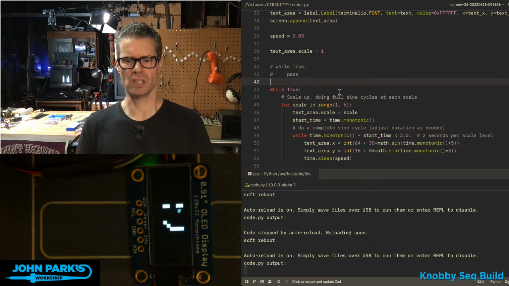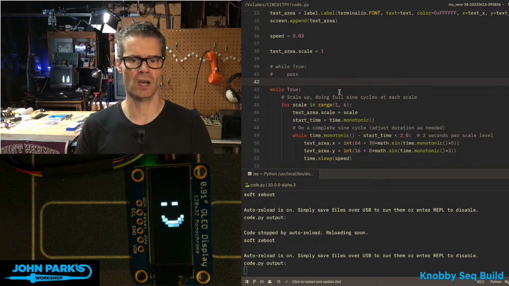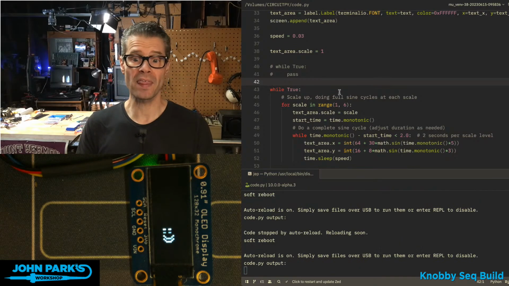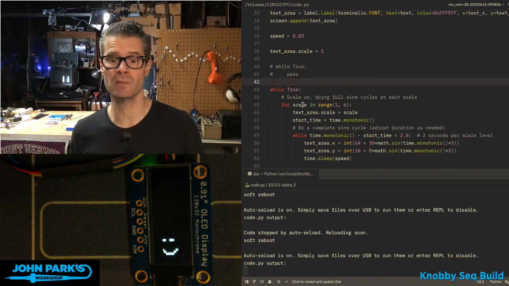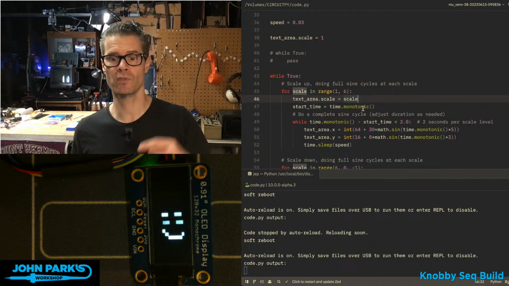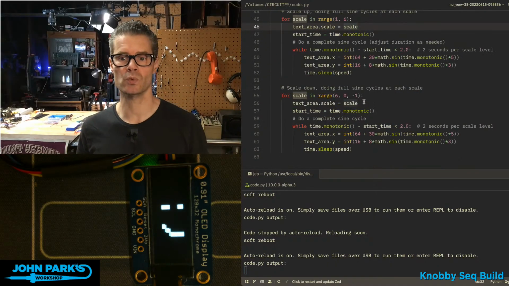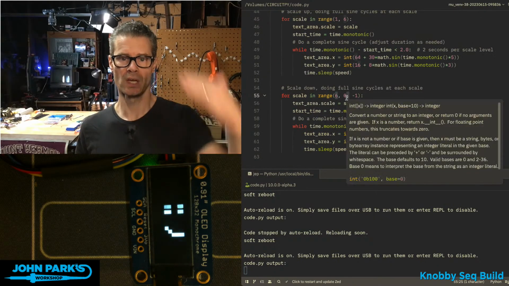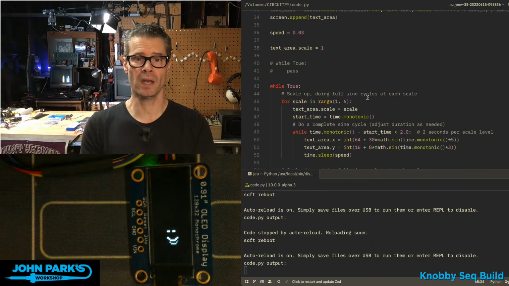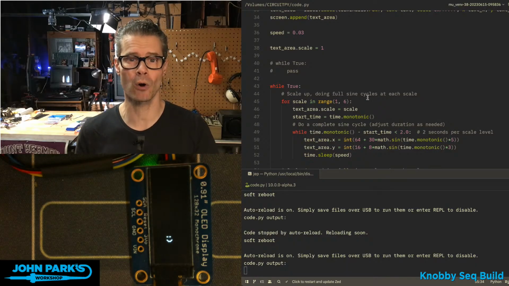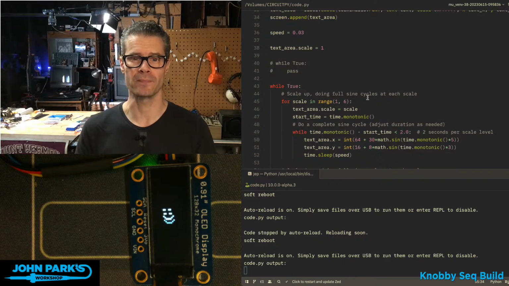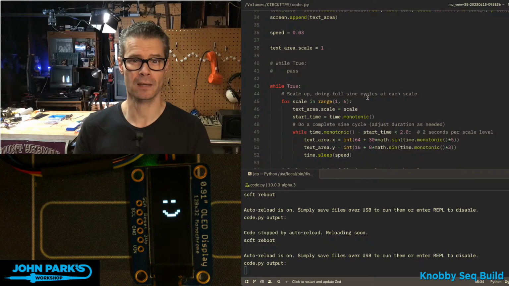You can see this is I2C, so it's not super fast refresh, so it's starting to do a little bit of bouncy, sheary kind of stuff. But that is all done by simply iterating this text area.scale each time through, and then to make it smaller as we're going back, we're just going from 6 down, stopping at 1. So that is how you can adjust the size of a display I/O object inside of CircuitPython using the scale property. And that is your CircuitPython Parsec.